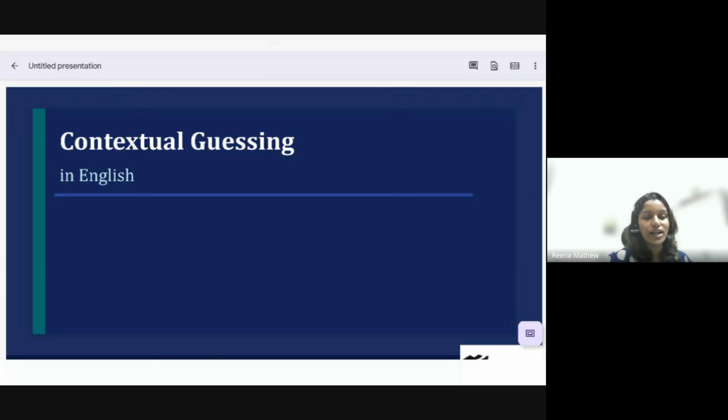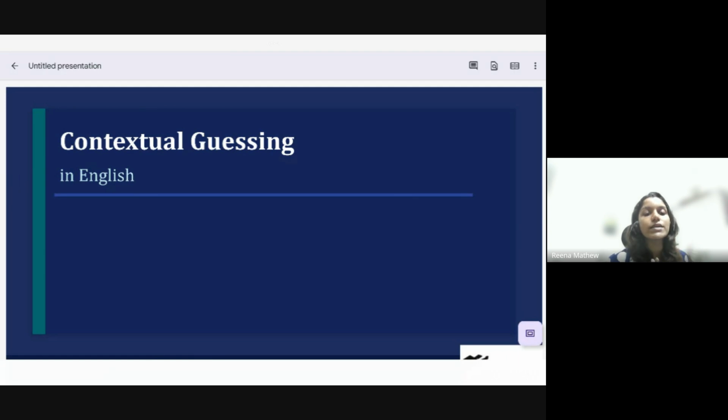Okay. Very good. So you scan for specific information and you skim for the main idea, right? So that is what we did in last class. So today's class is very important. I'll be sharing the PDF with you. For those who can't understand the language, please try to read the translation I've included in this slide. Yes. So today's class is important because I'm going to teach you how to guess according to the context.